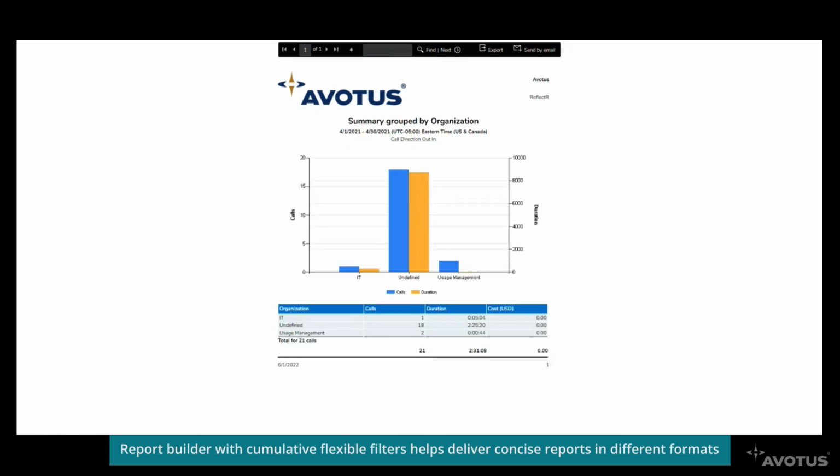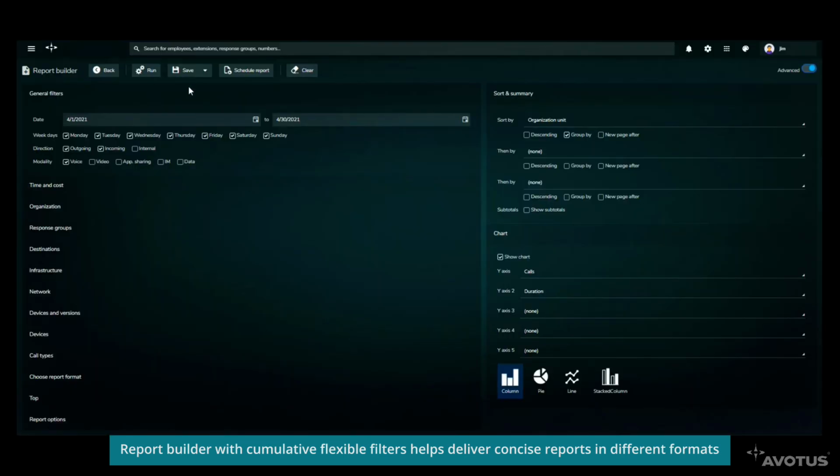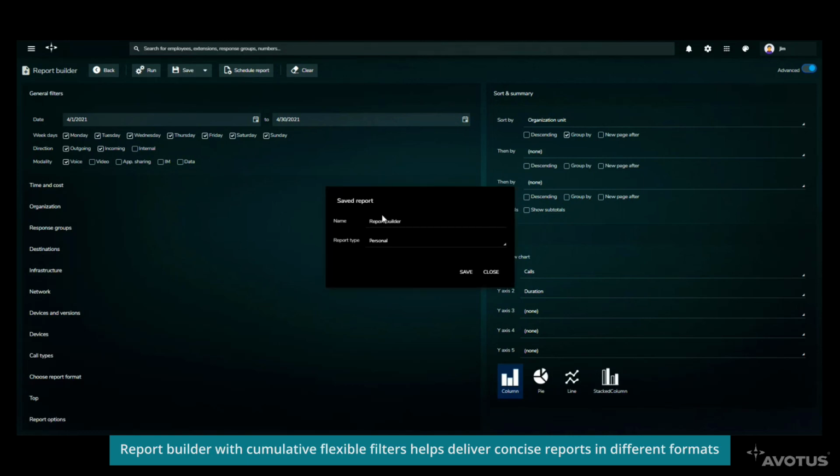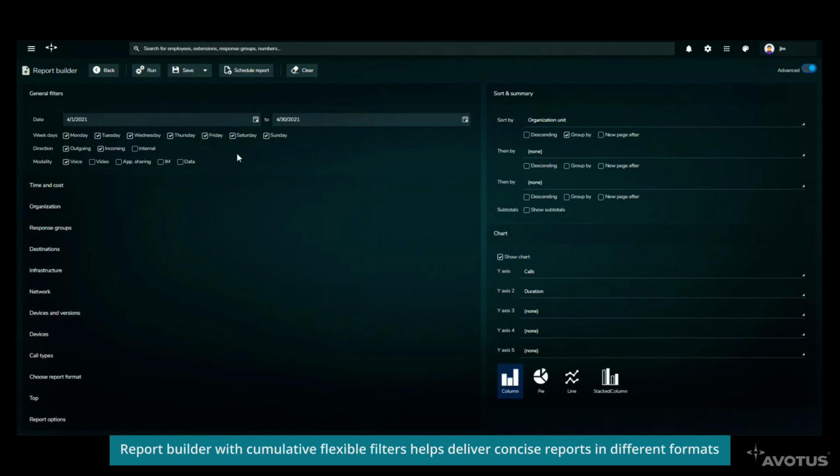Let me go back to the report builder. Now I get to save that report, save as. This is where I give it a name, and then I choose here, and this is where I put it in one of those folders that I showed you earlier. So once I've saved it and named it, that's saved, and you also have the ability to schedule the report. So if I click on schedule,